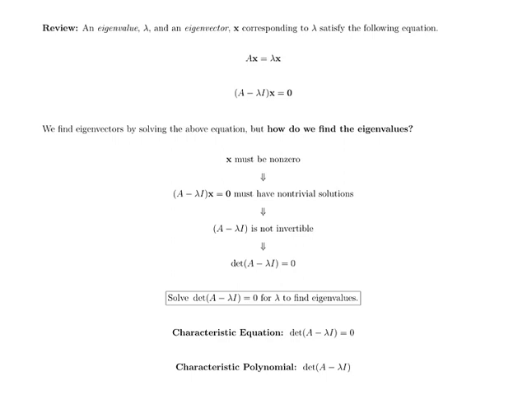We must have that x is non-zero. Note that if x equals 0, the above equation is always satisfied. It's a trivial solution, so we don't want to consider it. So x is non-zero, and if that's the case, then (A minus lambda I) x equals 0 has non-trivial solutions. And we talked last time that if that's the case, by the big theorem in chapter 2,